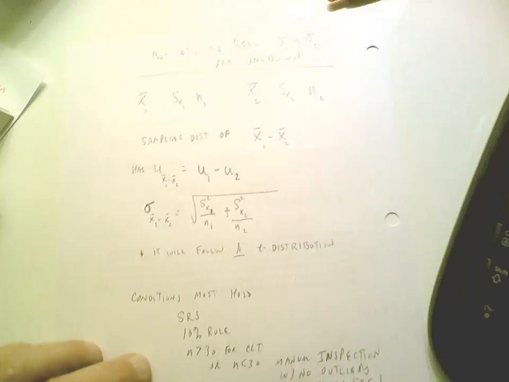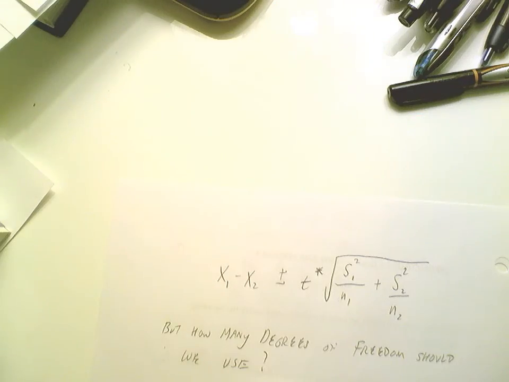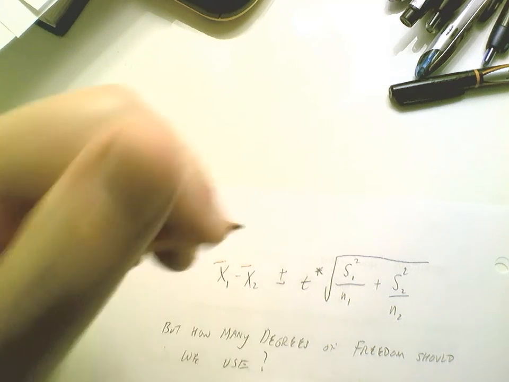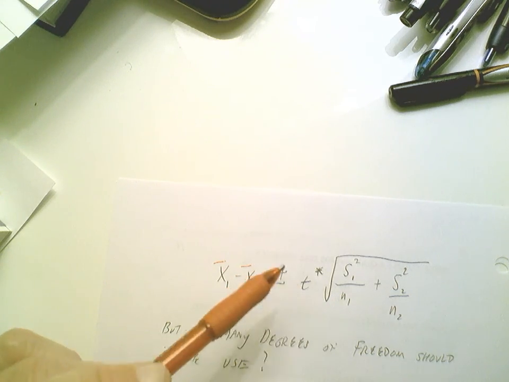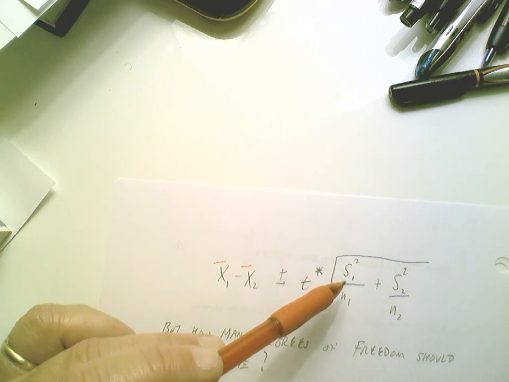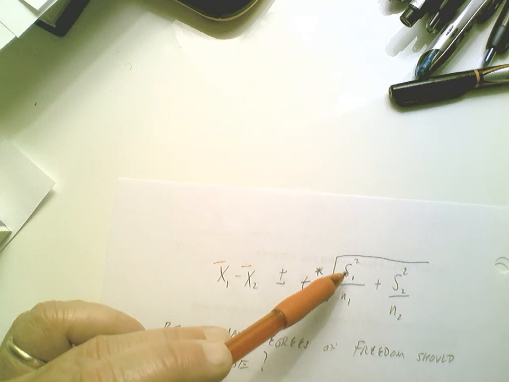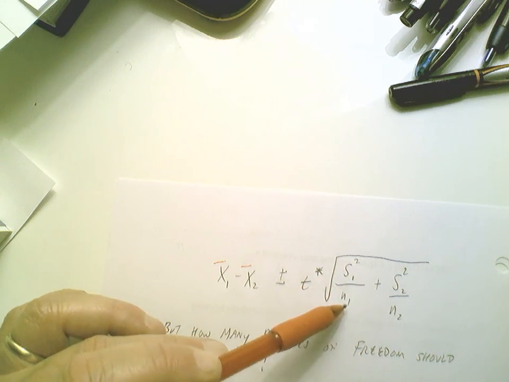And specifically, if we look at it in the context of confidence intervals, here's what our interval is going to look like. It's going to look like x bar sub 1 minus x bar sub 2, plus or minus a t-value. A little bit more about that in a few moments. And then what do we have? Now I kind of went back to the book language this time. Sample standard deviation from the first sample, squared over n sub 1, plus